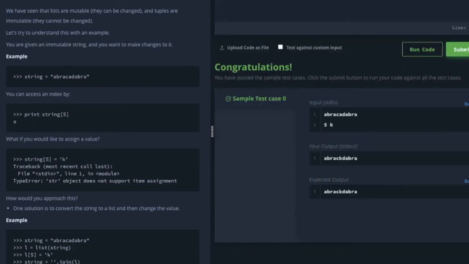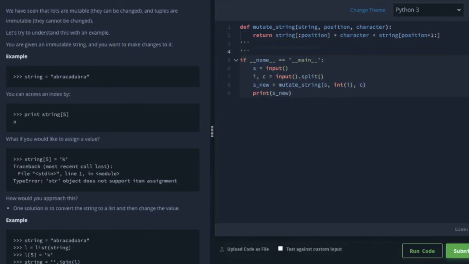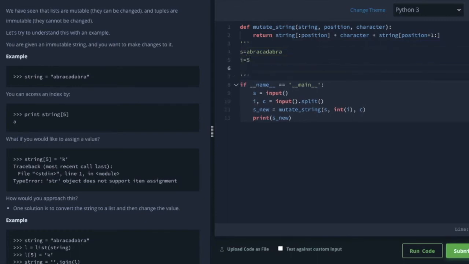Yeah, so as you can see, the test cases have run successfully. Let's take the example as the input which I've given. In this example, let's say s is abracadabra, and they've taken the index value i to be 5, and the letter to replace it to be k.